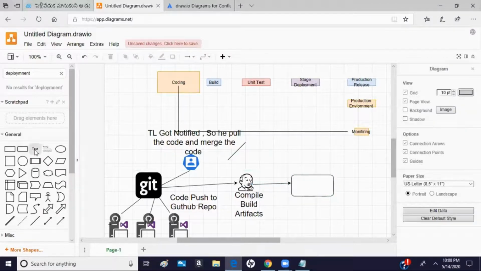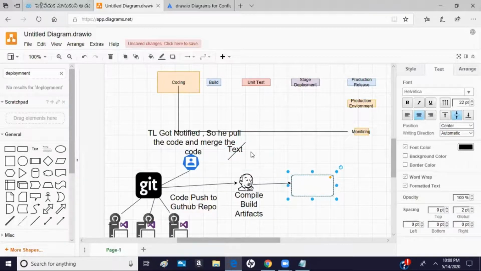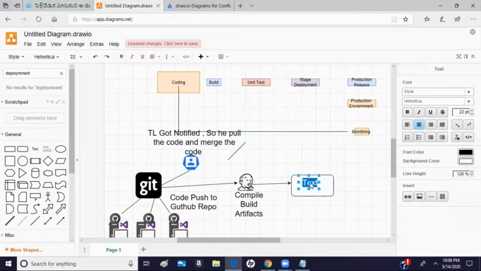So it will be pulled from Jenkins and then it will be deployed. Okay. So this is Ansible. Now Ansible will do the deployment.